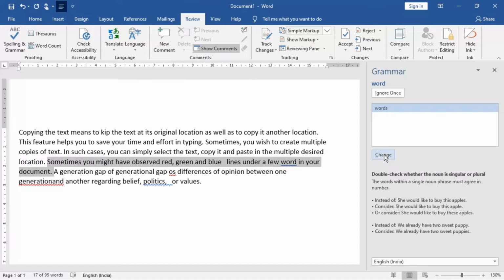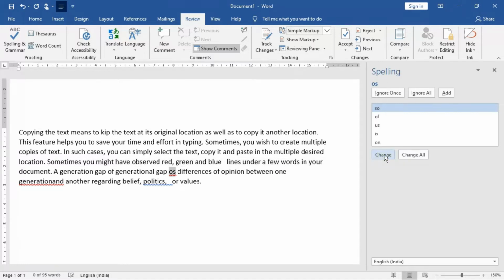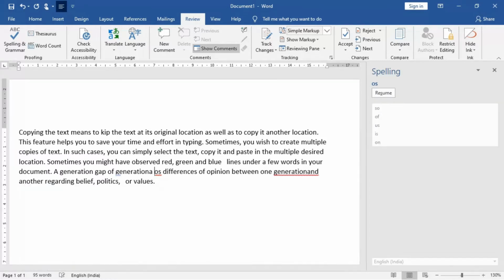Then the next word, a few words, should be changed. For "a generation gap is" or "a generational gap", the sentence has to be changed. Just removing this gap, generation gap here.